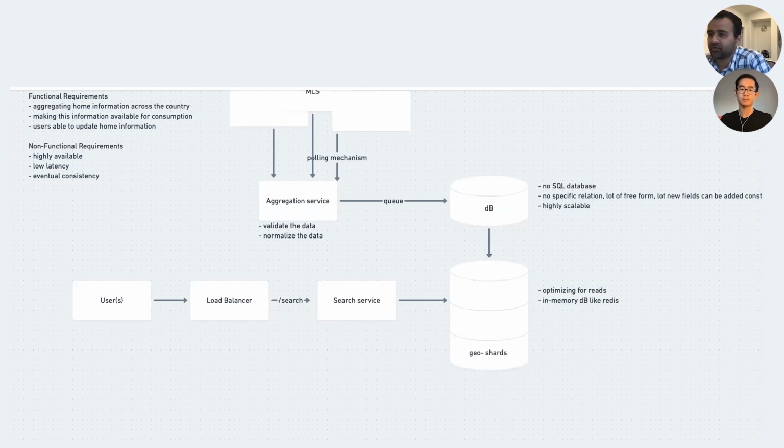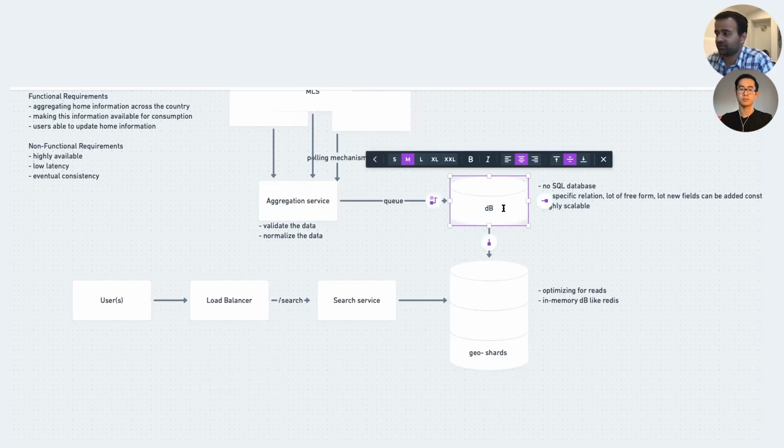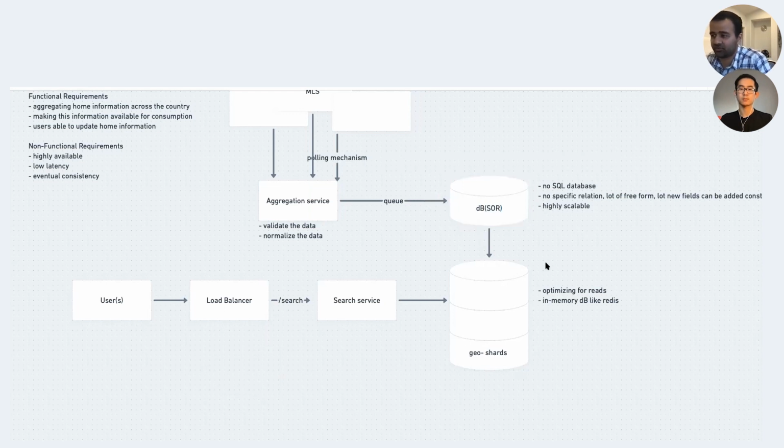The other part we could now look at is updating home information. I think the way we would do that is we would want one database as a source of truth, and we would use this database as our SOR, which is a system of record. In case a user wants to update any home information, let's say they've made upgrades to their home where they've changed the layout, increased the square footage, or changed things in the home,